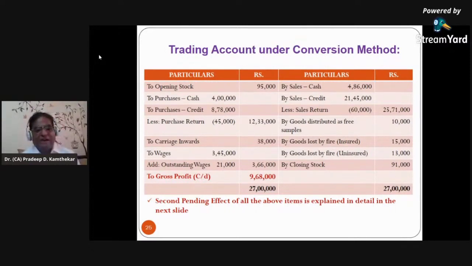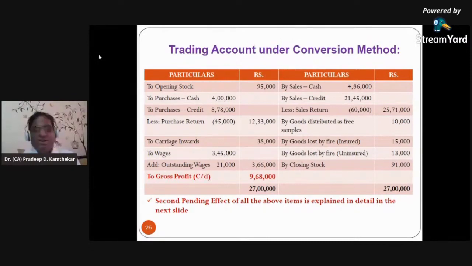And the best way of advertising a particular goods is that the goods are given initially as free samples. So people use it, and if really that product is good, then they buy that afterwards by paying money. So when the goods are distributed as free samples, it is a way of advertising. So this credit item of goods distributed as free samples is given a second effect. Here is the credit effect.